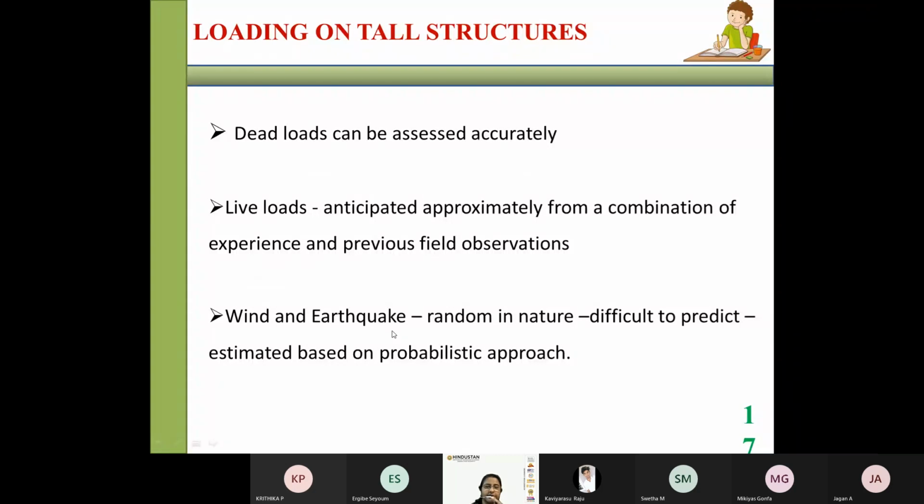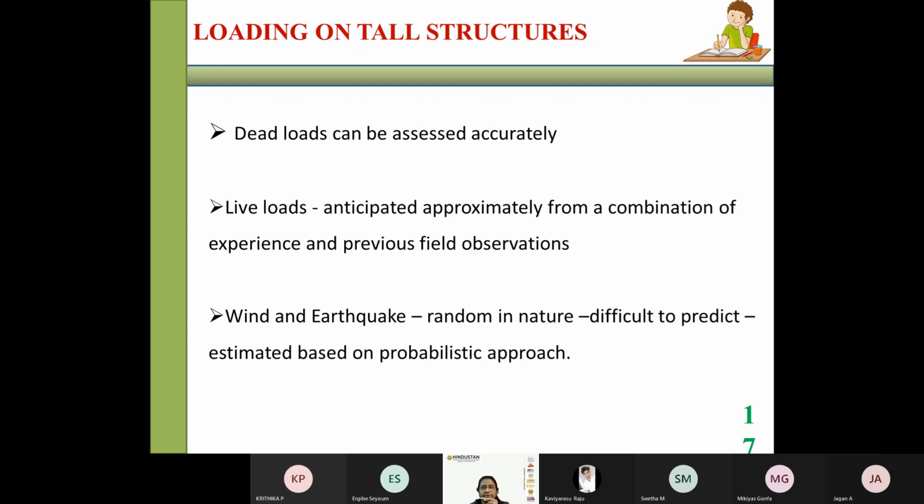So that is the maximum expected in Chennai. Whenever we construct a high-rise building in Chennai, we should keep that 180. That is the maximum wind speed we are expecting. But it can exceed. It can exceed, but we cannot account for that, because this 180 is fixed based on the previous experience and observations, and the topography. The topography condition of Chennai has fixed this particular wind speed.